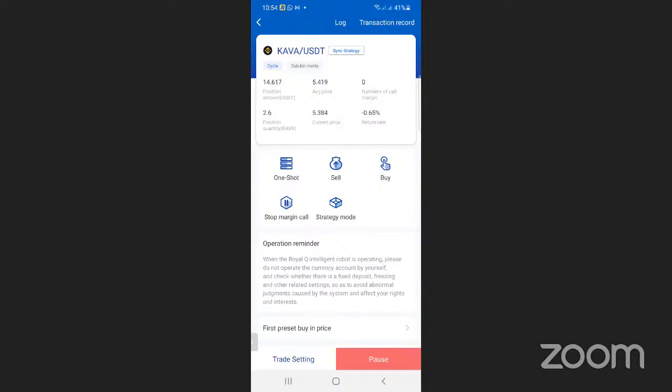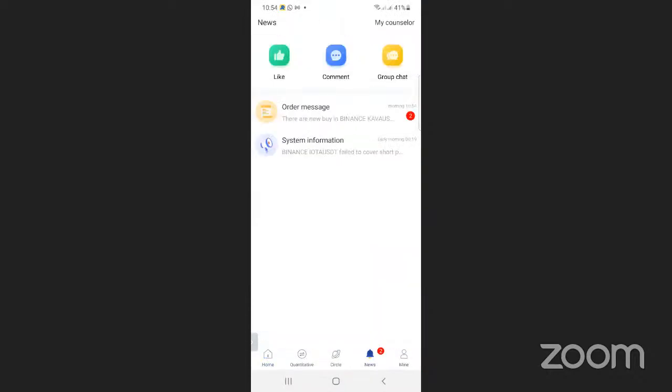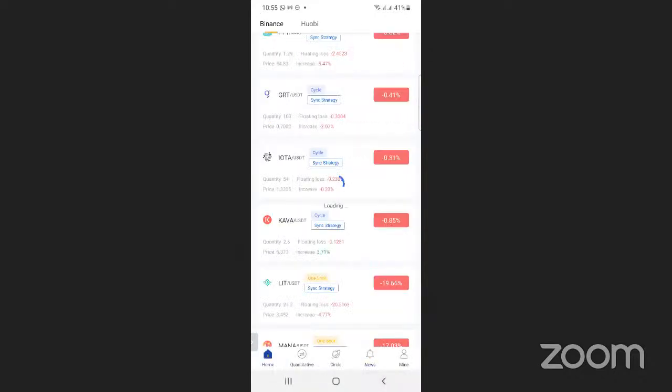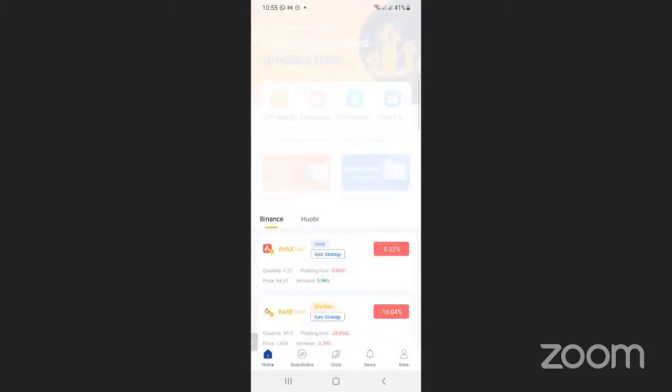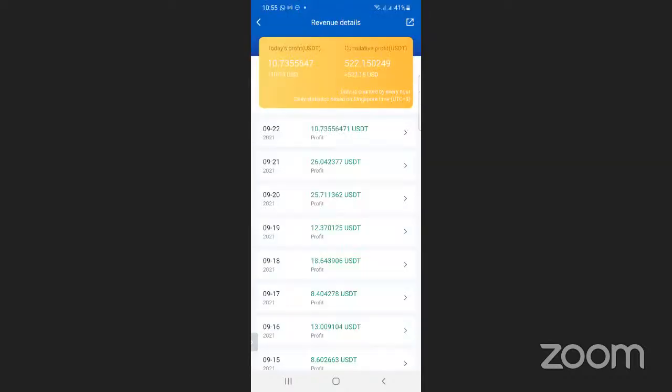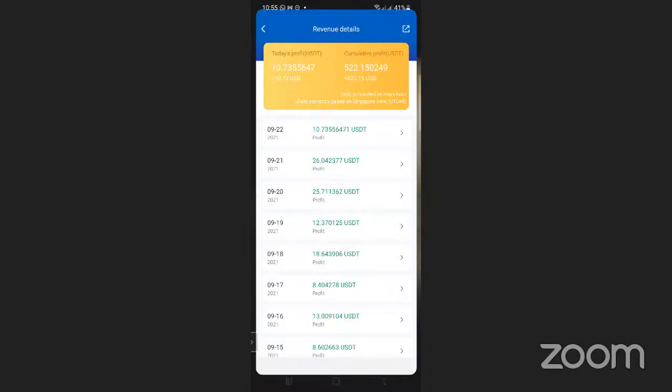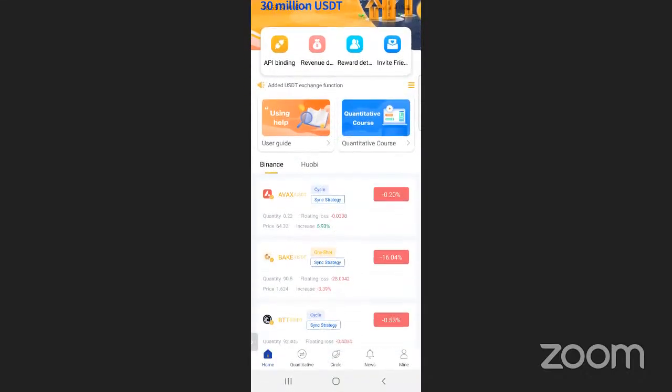So you realize that if you can take time and monitor, yes, this is what I'm talking about, you see? There's another buy, there's another sell. So it is continuously happening simply because, ladies and gentlemen, of that philosophy. And if we check now on my profit, you realize that I've made some profit, now $10. I've made $2 in that scenario. Balance in your USDT. And when you see that a coin is in floating loss, please never get worried.